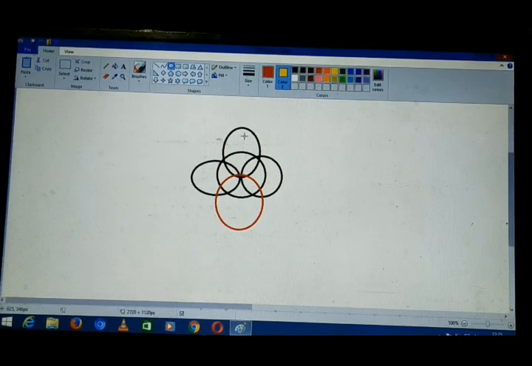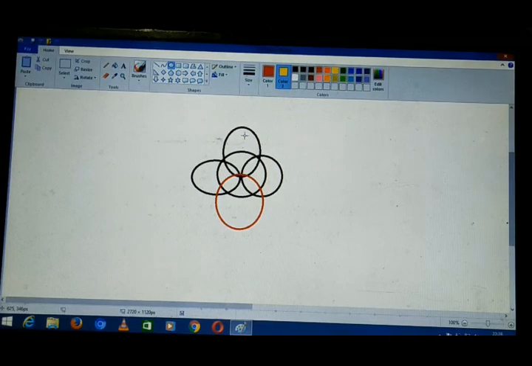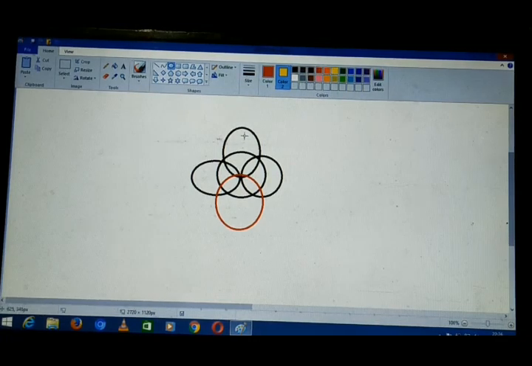And now how to apply foreground color and how to apply background color. So two ways are there, means how we can apply. So select color 1 and this gives you a foreground color, or we can left click on the object and it will be filled with foreground color.